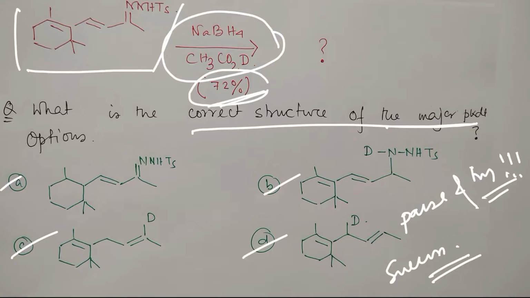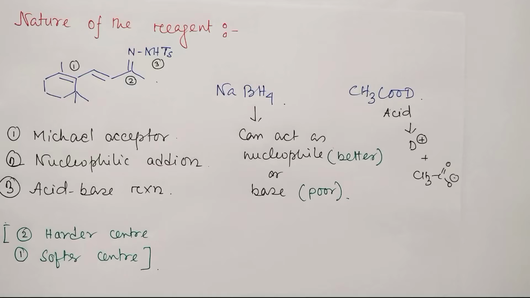So today's discussion will cover a few points like the nature of the reagent, the mechanism, finally the final product determination, and retrosynthesis of this molecule, which is pretty interesting. Okay, so let's start. As usual, first the nature of the reagent, because if you understand the nature of the reagent, it will be easier for you to predict what the reaction would be, because it is not possible to memorize everything. Okay, so first look at these two reagents.